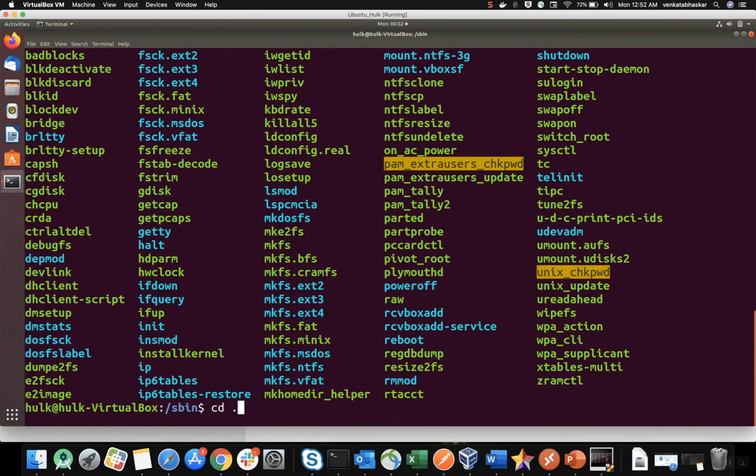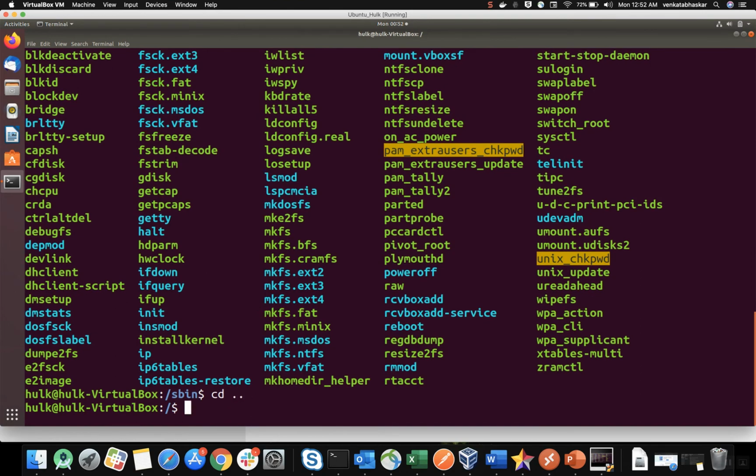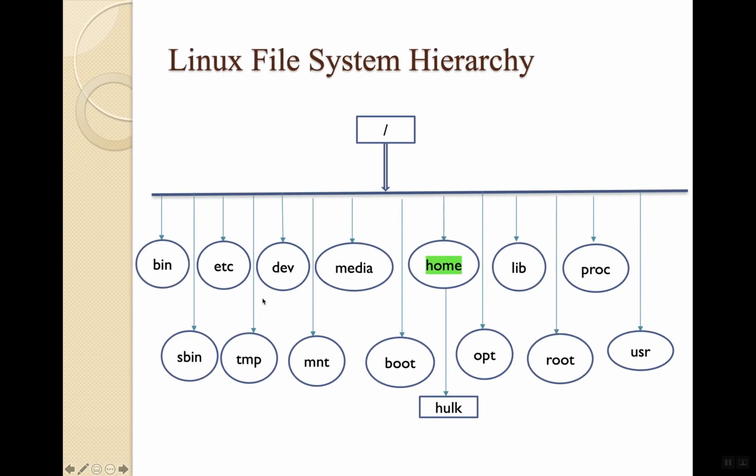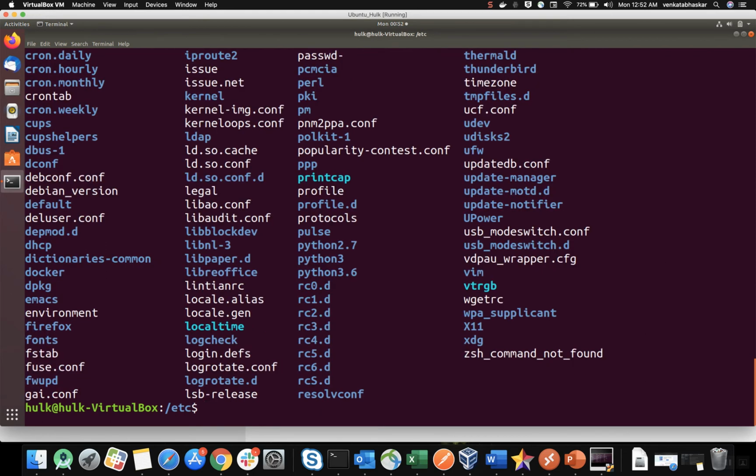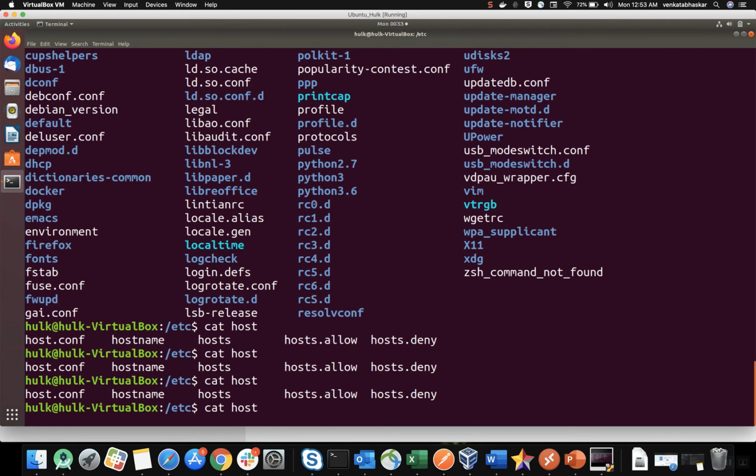Again I'm going cd dot dot, which means the parent working directory. Again the ls command. Next we see the etc directory, in which configuration related information is available. cd etc, and now I will do the ls command. In etc, what configuration related files are there? See the debian version, and we can see host information. Now I want to display host information. There is one hosts file there. It restricts your firewall, which IP address it will allow, and DNS names.